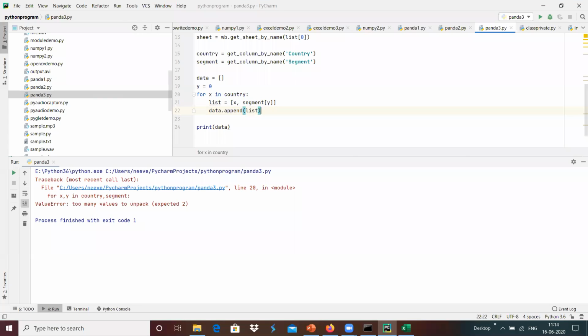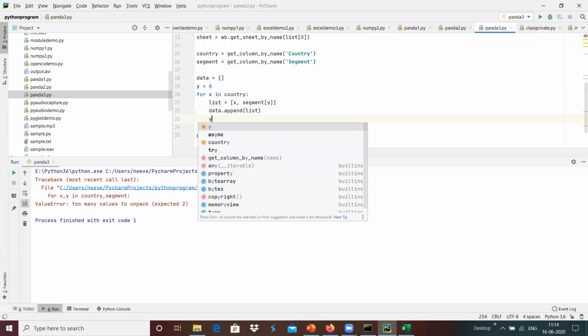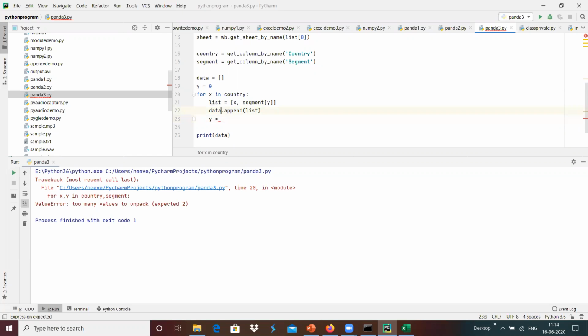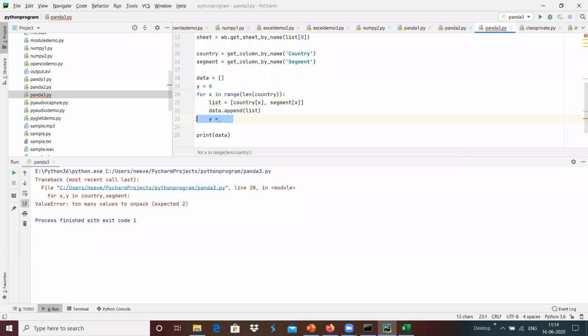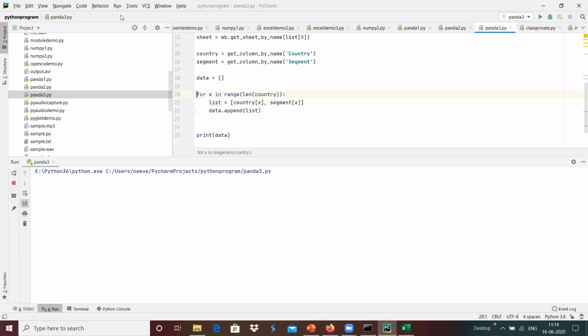Then y equals, x in range of len of country over here, and I'm going to use country of x and segment of x to create. Once it is done, I'm going to append it to the data, and we can get that information over here. Run.